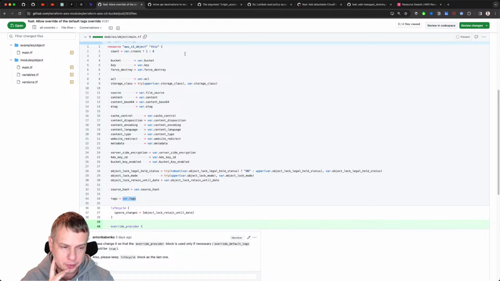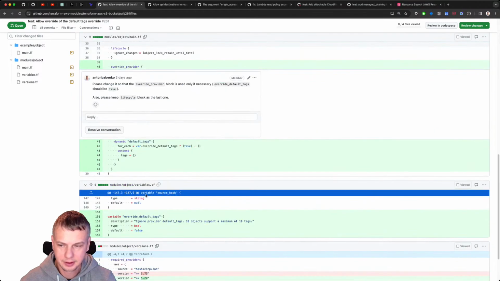And a very important thing: in an S3 object there is a limit of tags per object, which is 10. So that means 9 coming from the provider and 1 coming from the S3 object itself. That's the maximum that can happen, right?